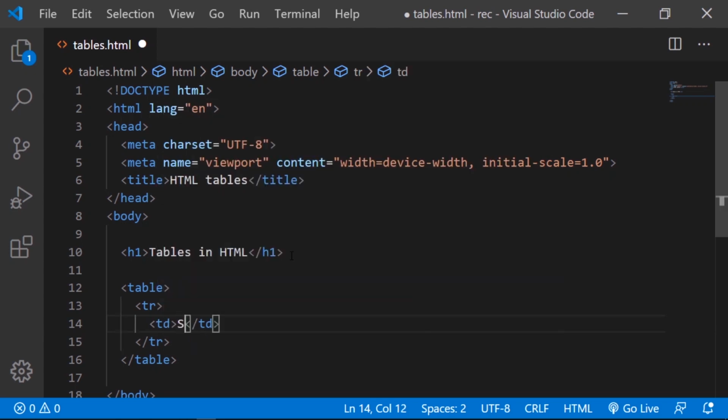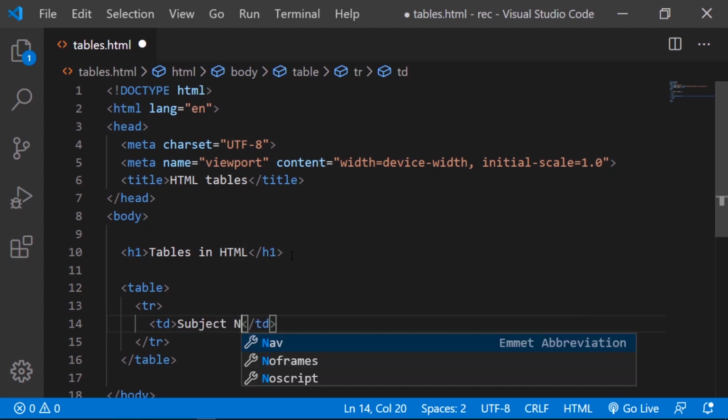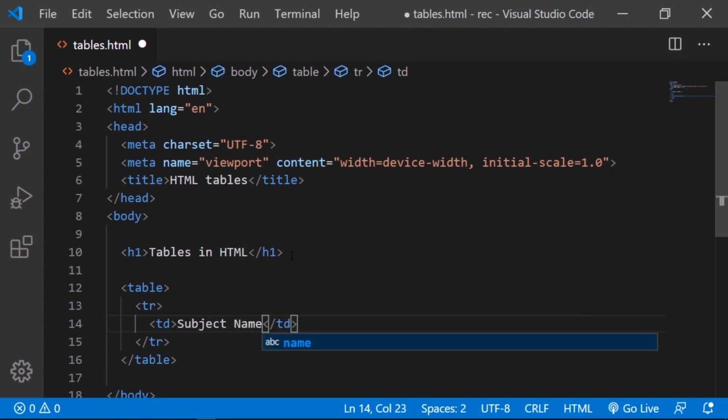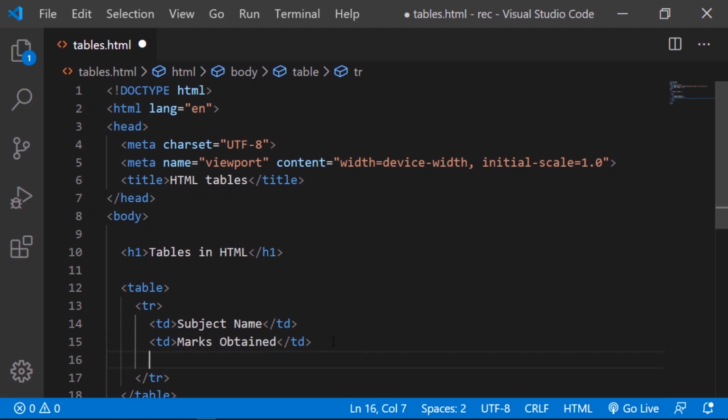Let's say here subject name, and then we also had something called marks obtained, and we also had something called total marks, right?